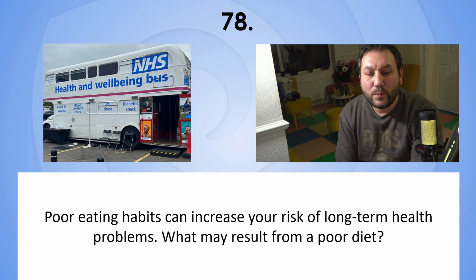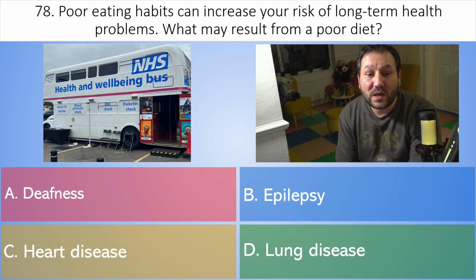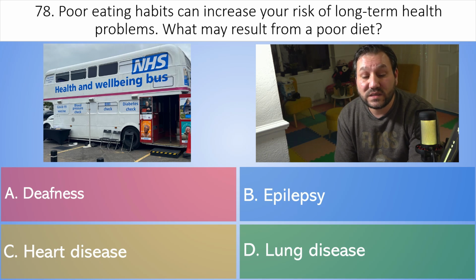78. Poor eating habits can increase your risk of long-term health problems. What may result from a poor diet? A. Deafness. B. Epilepsy. C. Heart disease. Or D. Lung disease. And the correct answer is